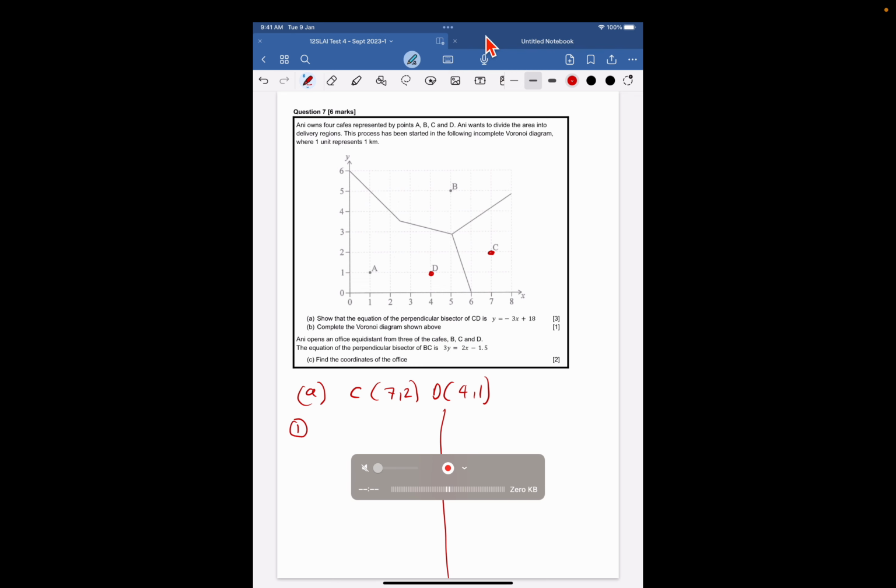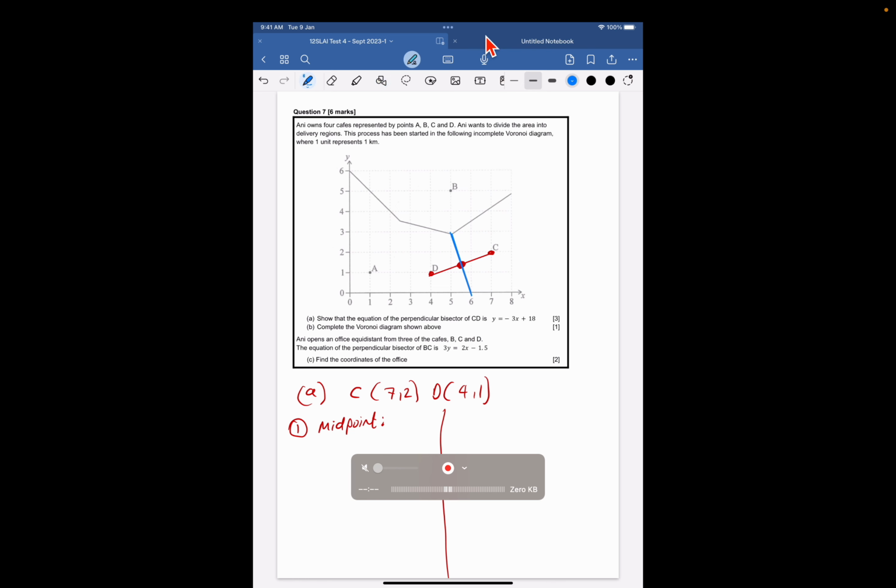Okay, step 1. Midpoint. There is a midpoint formula, so the midpoint is going to be here, obviously right between them. And the idea is that the midpoint is going to allow us to find one point on the perpendicular bisector. And the perpendicular bisector, by the way, is in fact this line. So we're trying to find the equation of this line, so that might help us in terms of the orientation and the gradient. So we're trying to find the gradient of the blue, but we're going to work on the red line to